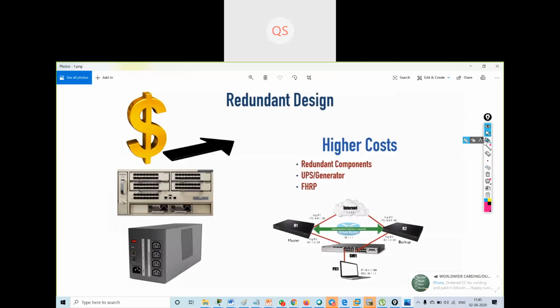If I consider redundant designs, it can cost higher because I will be using redundant components: the switches, routers, power supplies, UPS, generators. If I am using FHRP, first hop redundancy protocol, I'll be needing two routers as my gateway to one physical location.